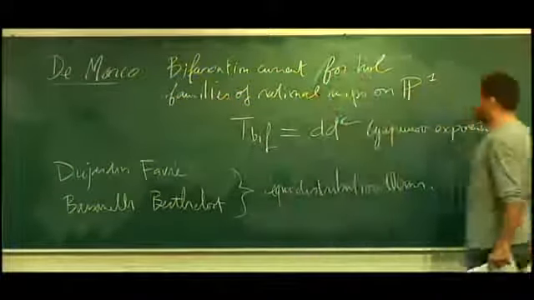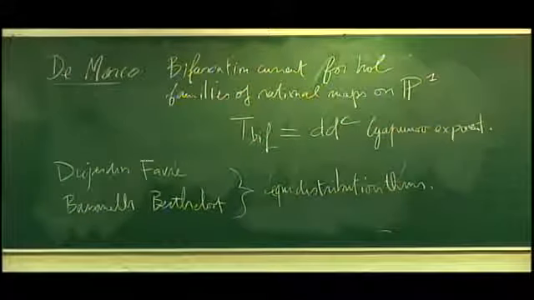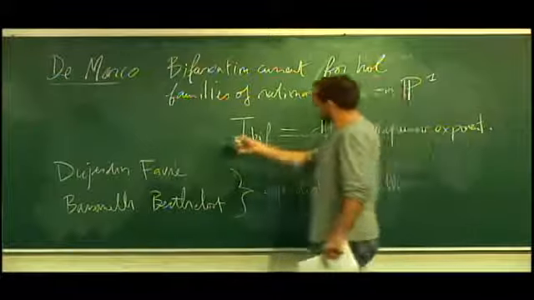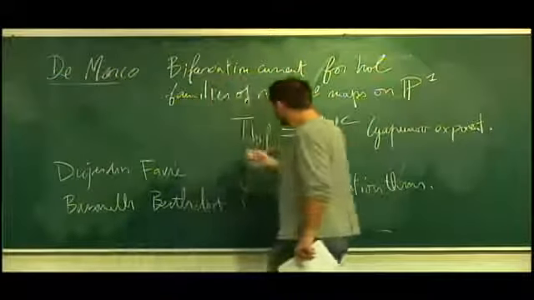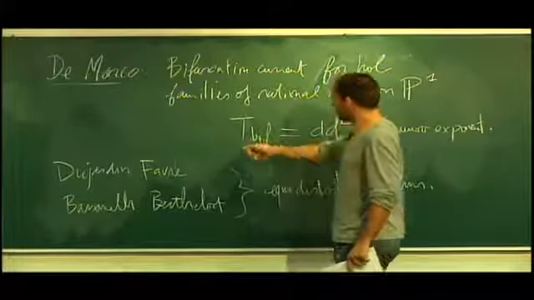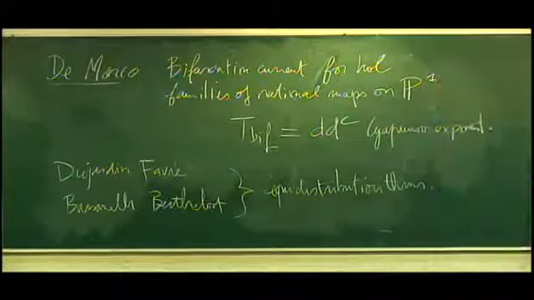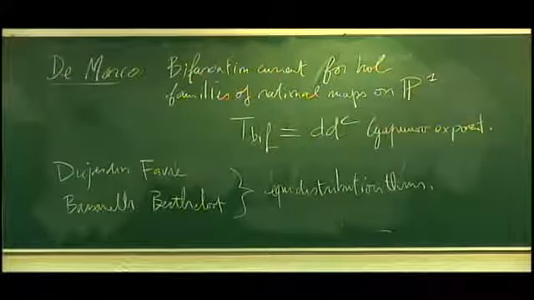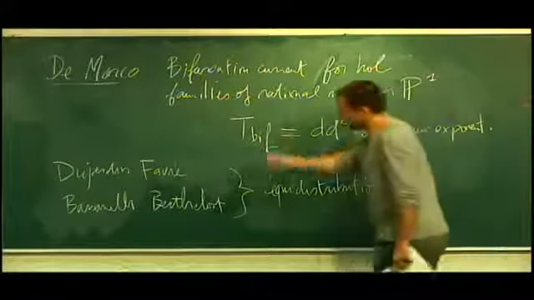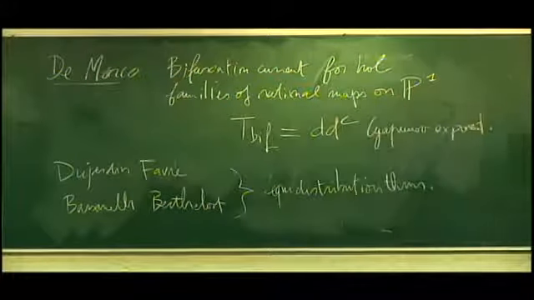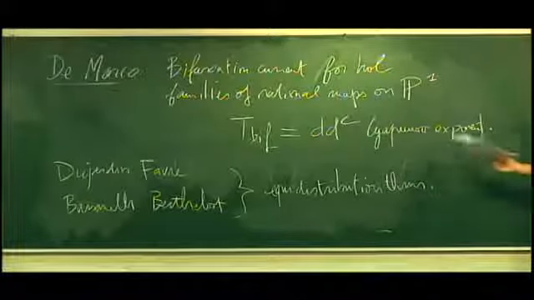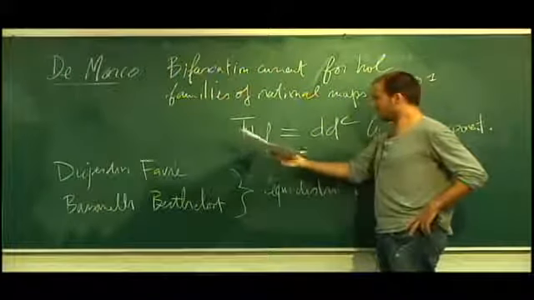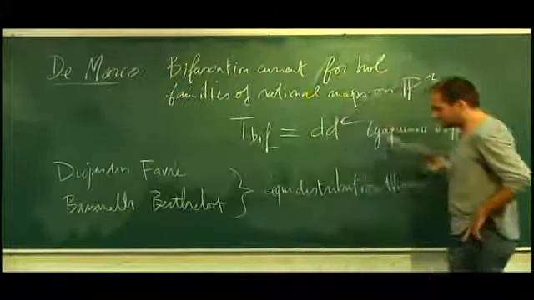After that, in fact, the logic is a little bit in the opposite sense here, because first we prove, it's not really difficult to prove, that the support of the bifurcation current is a bifurcation locus, and then after that came the equidistribution theorems. Okay, but the proofs. For instance, the proof of that support theorem here uses